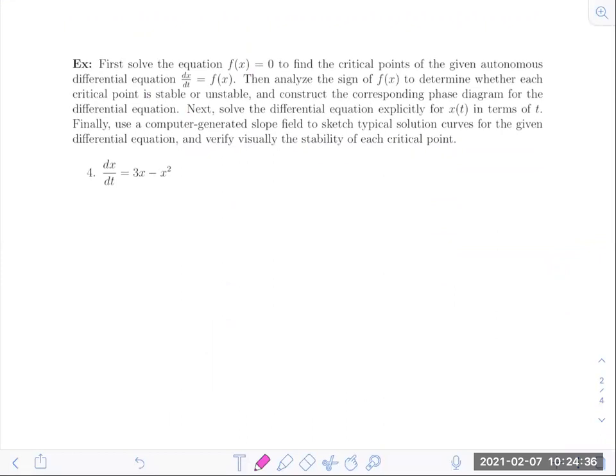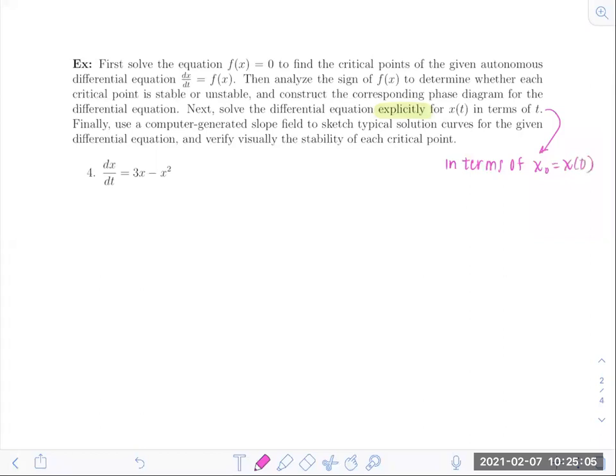Next, you want to solve the differential equation explicitly for x of t in terms of t. I want to emphasize here explicitly. We want to solve for x, and they don't state it here, but in all of the solutions in the back of the book, we want to write our constant of integration in terms of some general initial conditions. So I'm going to add in here in terms of x naught, where x naught is some generic initial condition